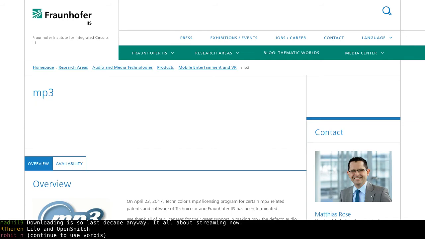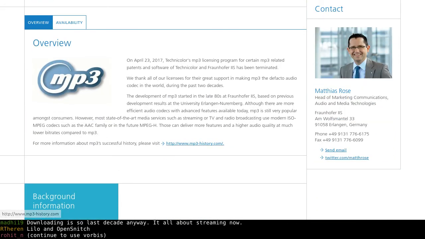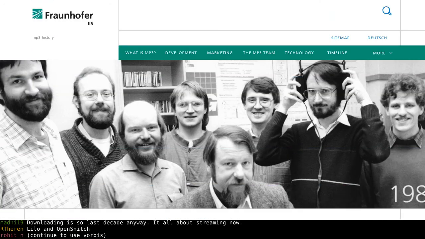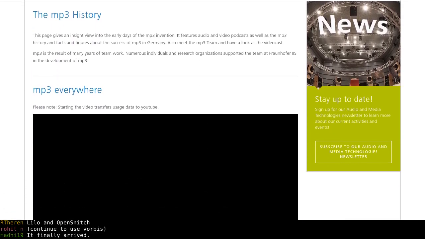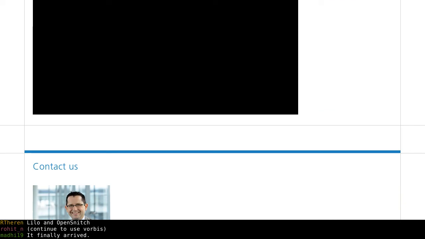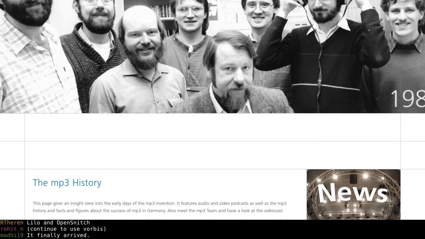So now it's free. They give you a link to mp3-history.com where you can read all of that, and it's got really nice detail about everything. As far as availability goes, they say please use their contact form below, but you don't need to anymore because they can't license it to you anymore. I think it's a bit brilliant.